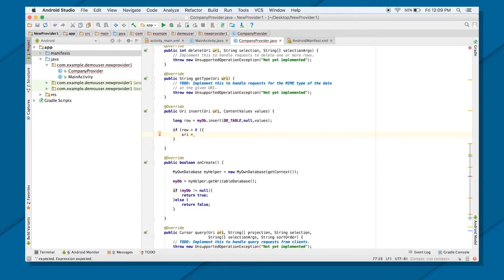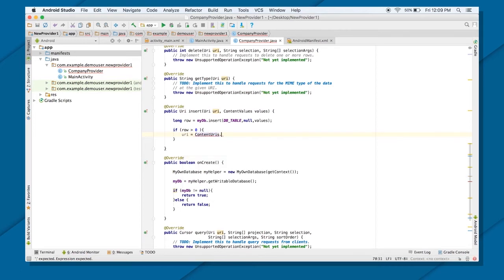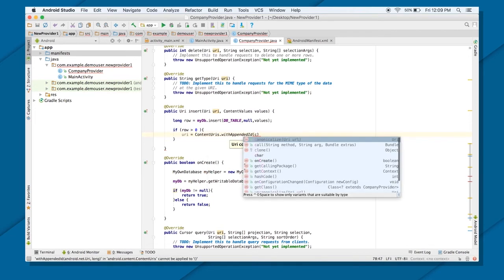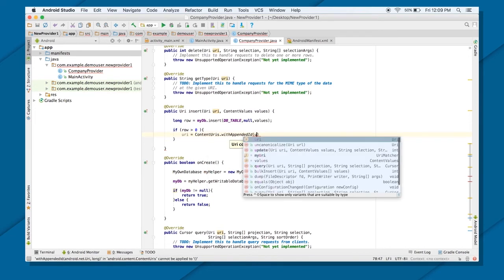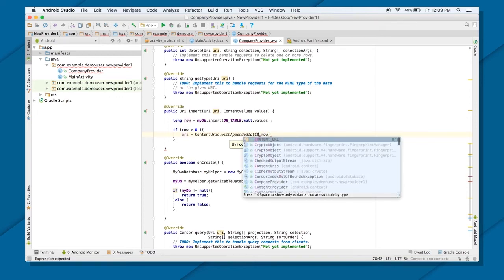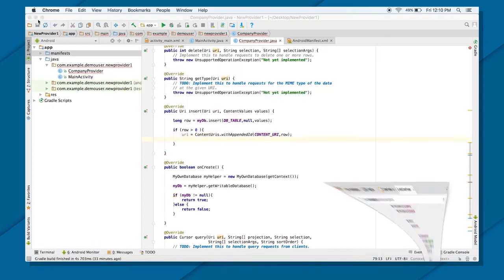Now you will be putting your URI. You are going to update your URI with ContentUris dot withAppendedId. Provide the content URI you want to update, and then the row.